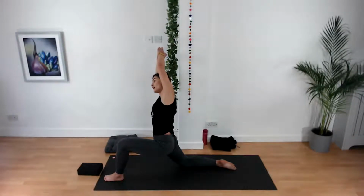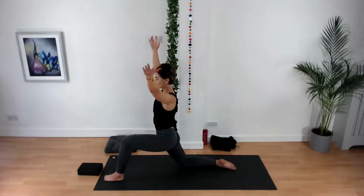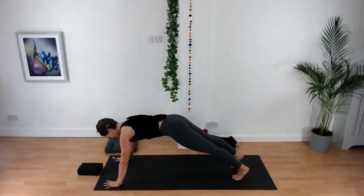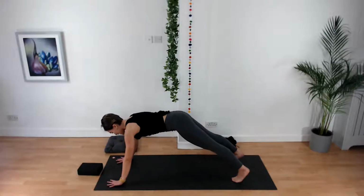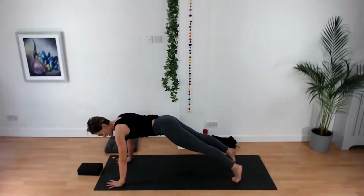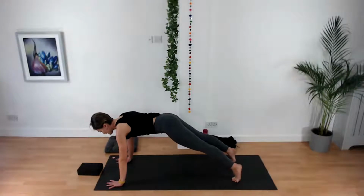Take a deep inhale, exhale, come back to center, neutralize the spine, bring the palms down, step the left leg back. Now, high plank, separate the feet as wide as the hips. Inhale, and then exhale, gently start swaying around the 4 corners of your roots, from the left palm to the